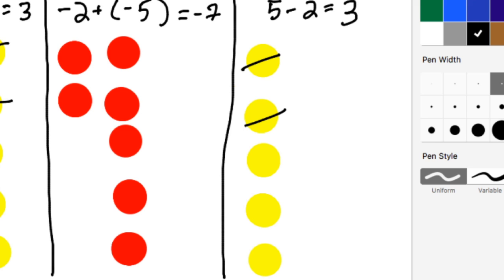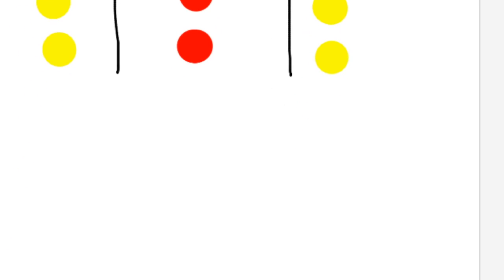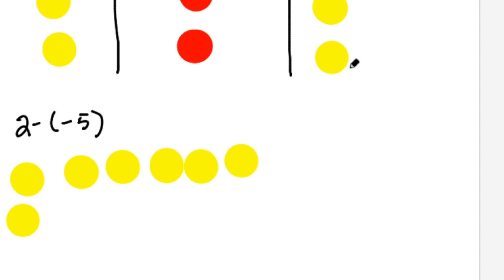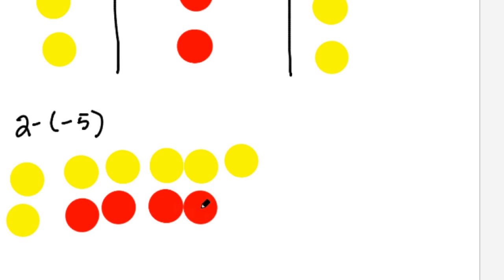Right, now we need to get to some things that are a little more complicated with subtraction. Let's start with 2 minus a negative 5. All right, so we're going to start off with 2 positives. So we need to go to the yellow. And we have 1, 2. And then it's saying remove 5 negatives. Well, I don't have any negatives, so I need to fall back to what I know about zero pairs, and I'm going to add 5 zero pairs to this. So let's do this. 1, 2, 3, 4, 5. And now let me add in 5 negatives. 1, 2, 3, 4, 5.